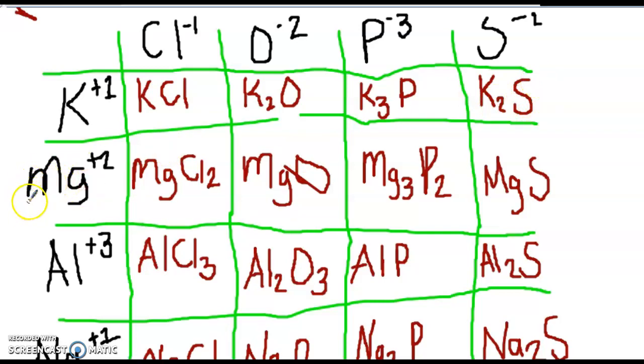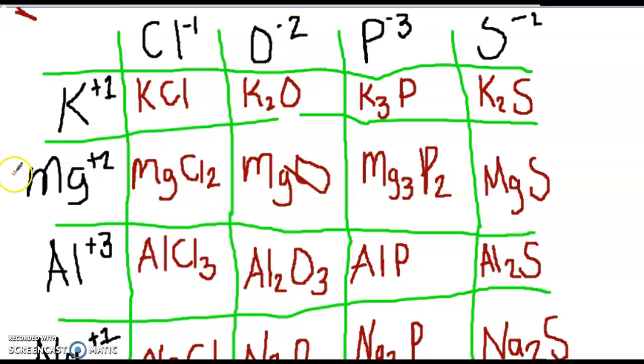And on it goes. Mg plus 2, Cl negative 1, you cross the charges, you get MgCl2. Notice that you just take the superscripts and drop them behind the other element. That's all you're doing. So they call that crisscross applesauce. Mg plus 2 and O negative 2 is just going to be MgO because you don't write 2 of the